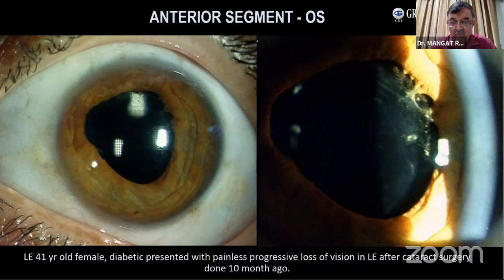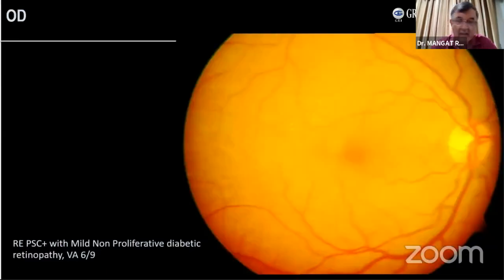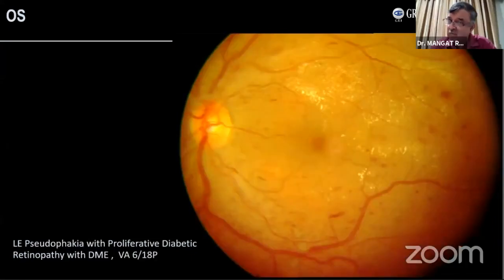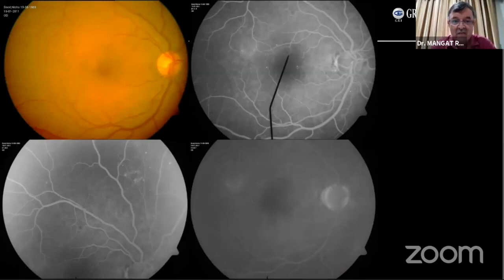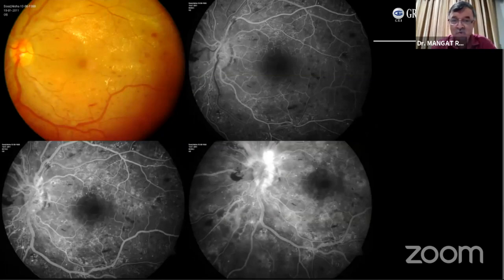And I would like to share one patient here, this lady. You can see there must be a lot of post-op inflammation in this eye, and you have a well-placed lens. And she had, after 10 months, quite a progressive loss of vision, a young lady. When we look at it, the right eye has a very mild NPDR. And look at the left, what has happened. It has come up like anything. You have even NVD and so much edema here. Angiogram was done and you can see very minimal changes in the right eye, but in the left eye, it is in front of you.